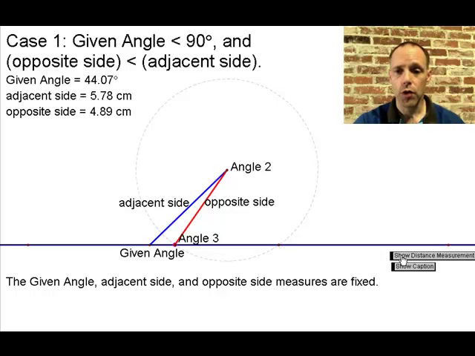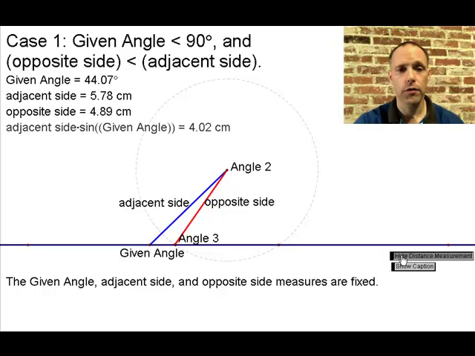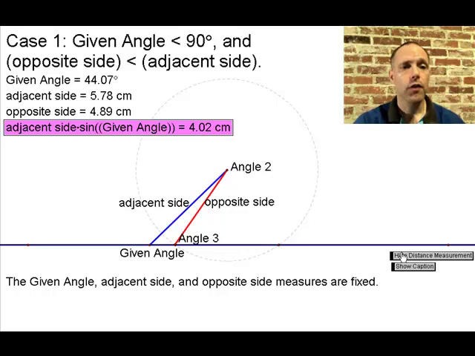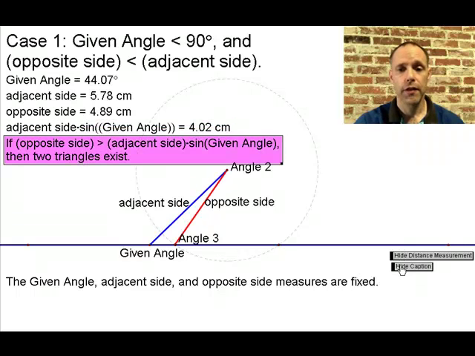Now, from our previous work, we know we need to do a comparison of that adjacent side multiplied by the sine of our given angle, and we need to compare that to our opposite side. So that adjacent side times sine of our given angle here is 4.02. Notice that our opposite side is bigger than this product. So this time, if the opposite side is larger than the adjacent side times sine of the given angle, there